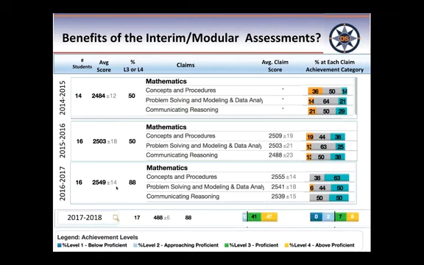Then last year, it was the same thing. The reports are different now, the results come out differently. We don't have targets anymore in claims. So this is what it looks like this year. But 88%, again, last year, of her students scored a level 3 or 4. So they made a huge difference for this teacher, and that's really what we're doing, is trying to make a difference in their learning.